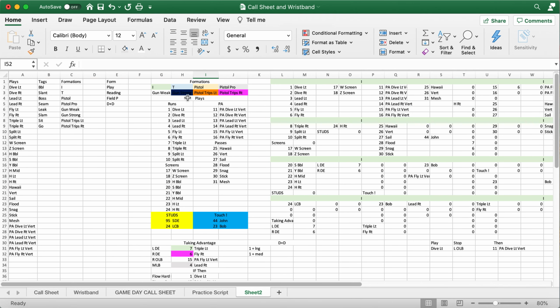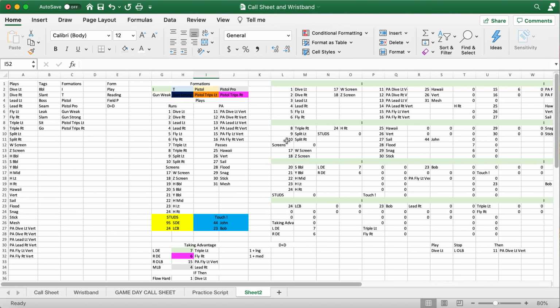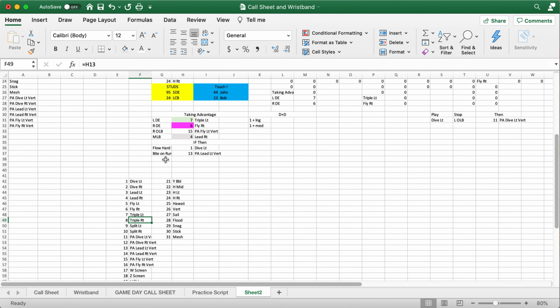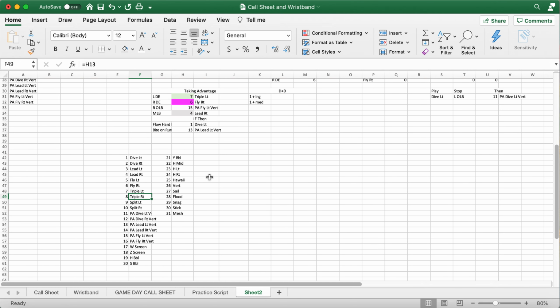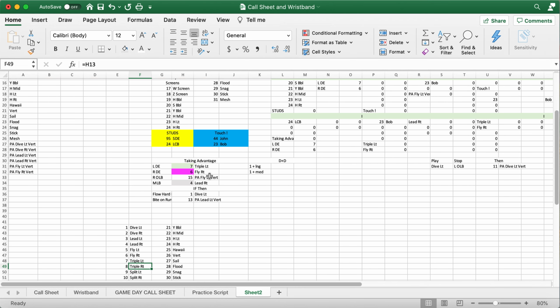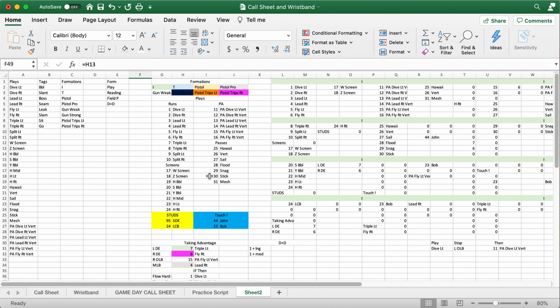So that way, if you change any of these plays, they'll automatically update your game day call sheet and your wristband because they're all cell linked together, which is really, really nice and easy for you to do it that way. And that's how you can cell link your game day call sheet with your wristbands if you can only run certain plays out of certain formations, or if you have a lot of